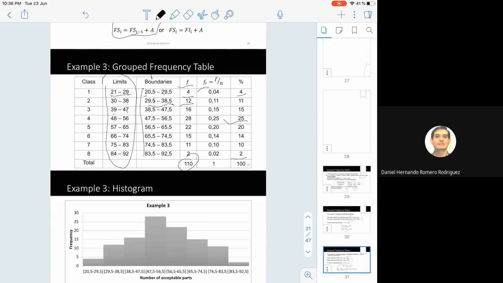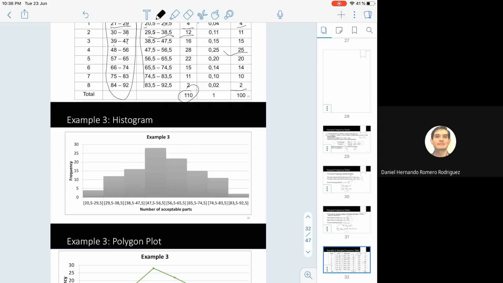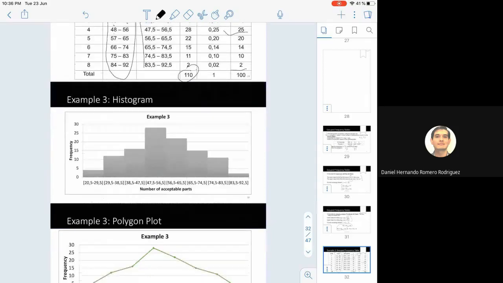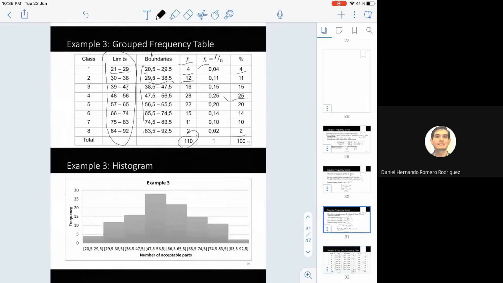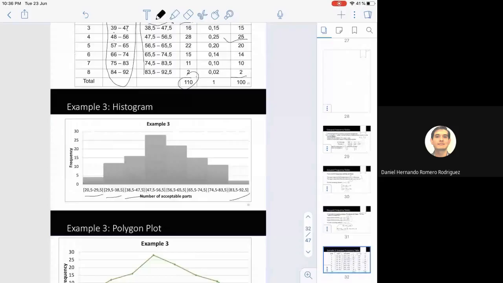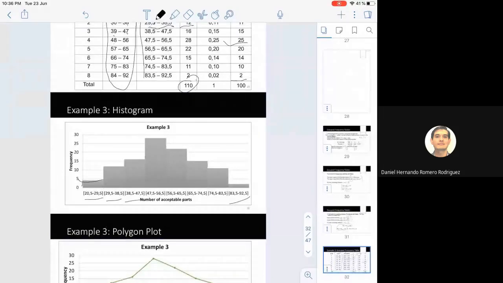So once we have the grouped frequency table, remember that this is a way to summarize data. Now you will be able to build a histogram, for example. The histogram is just a plot that represents a table. So it's the same information, but in a different format. Here we have the boundaries. That's the first boundary, second, third, up to the last one, the eighth boundary. And remember that the heights of the bars represent the frequencies. So for the first one it is 4, and then the highest one, we know that it's